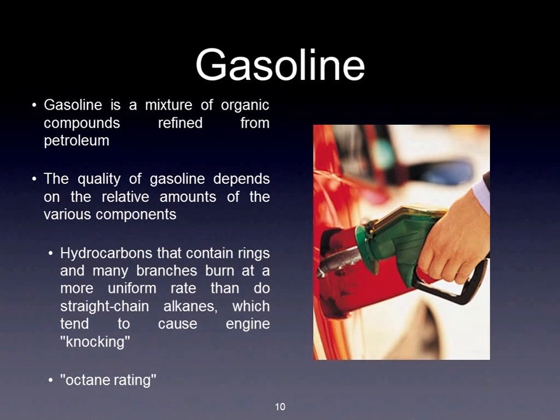Perhaps you've heard of octane rating. The octane rating of gasoline measures how uniformly the hydrocarbons in the mixture burn. Ringed hydrocarbons and branched hydrocarbons burn more uniformly than straight-chain alkanes. So a higher octane rating means that there's a higher percentage of the ringed and branched hydrocarbons than the straight-chain hydrocarbons. If your engine is knocking,